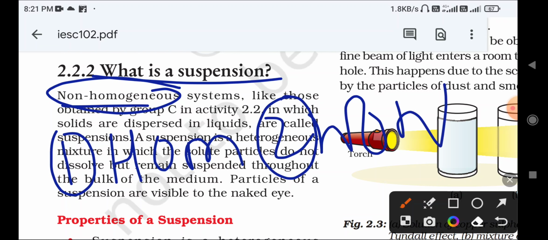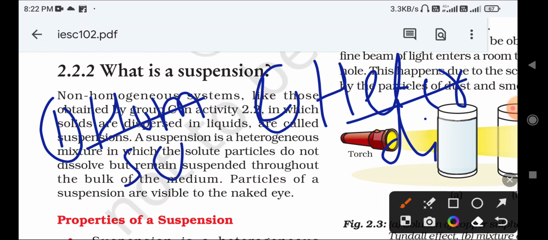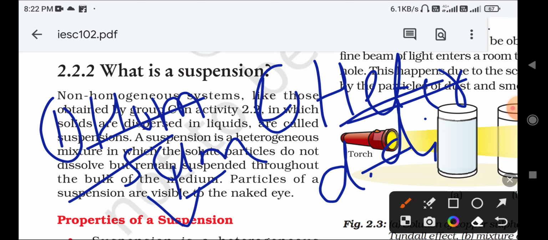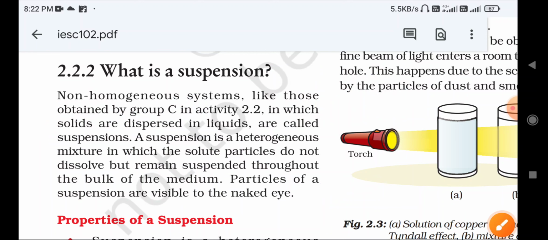What is non-uniform? Non-homogeneous or heterogeneous mixture. Non-homogeneous is called heterogeneous only. Hetero means different. Already we know that there are two types, correct? One is a homogeneous mixture, another is a heterogeneous mixture. Hetero suggests that it is different, and homo means same. The mixture is the same throughout the solution. Non-uniform composition is called hetero, and uniform composition is called homogeneous. You already learned this in this chapter.